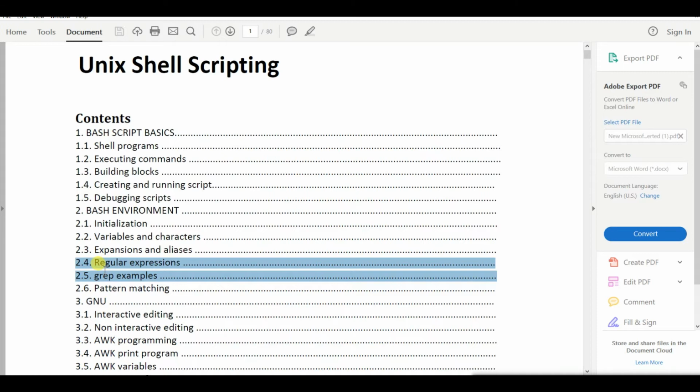Grep is again a process of filtering. But what are the different combinations of grep that you can use? Different syntaxes that you can use? How grep will be useful for you in multiple scenarios that you have faced in real time is what we are going to see. So let us go to our first topic, which is regular expression.